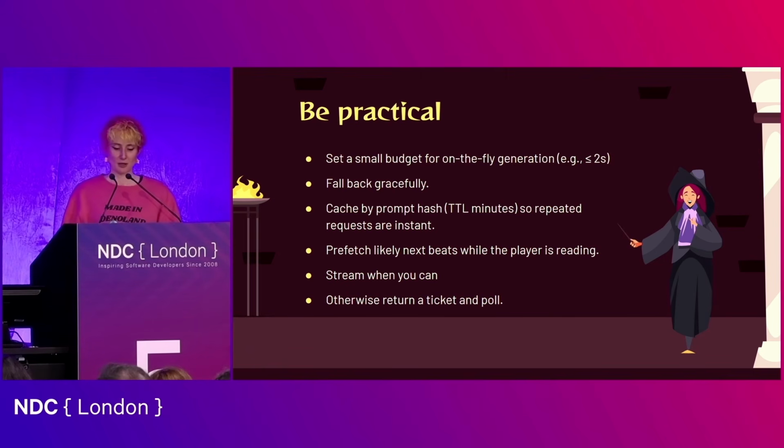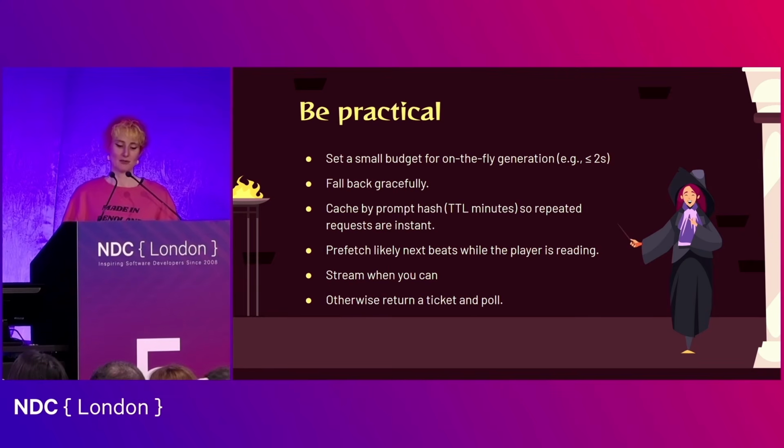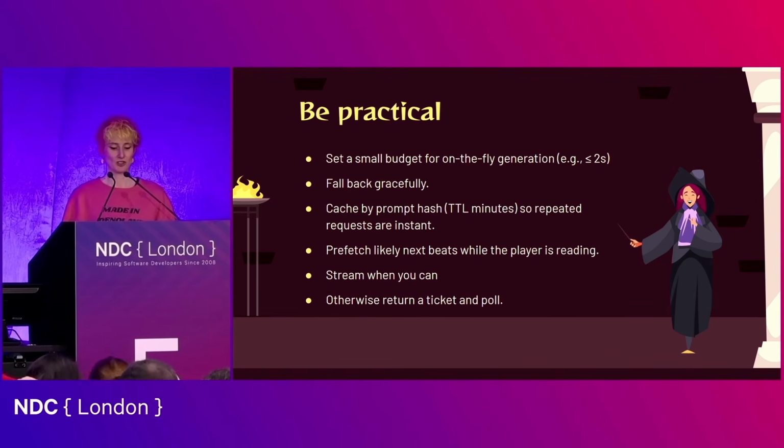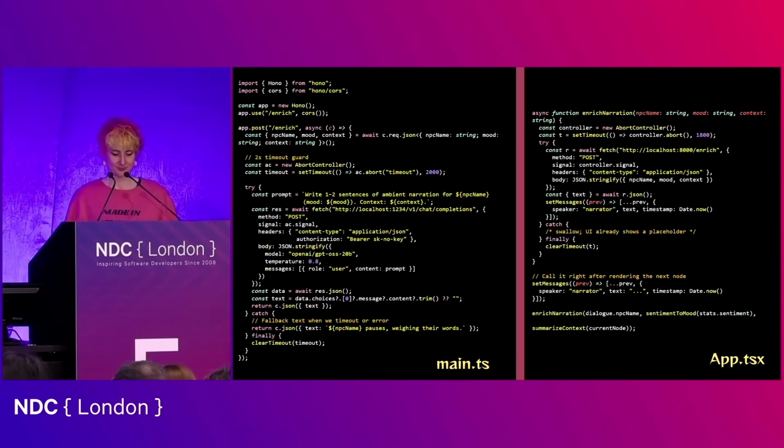It's an architectural problem. We want to pre-compute as much as we possibly can, cache intelligently, and then reserve real-time generation for the moments that matter. It's not about replacing authorship, it's about augmenting it. And with our local models, we can absolutely control the way that we do that. On the web, that means treating generation like you would your async I/O. So you background your requests as much as you possibly can. You build in an optimistic UI that's going to fill in the gaps or add in a fallback if your response doesn't come back as fast as you might hope it would.